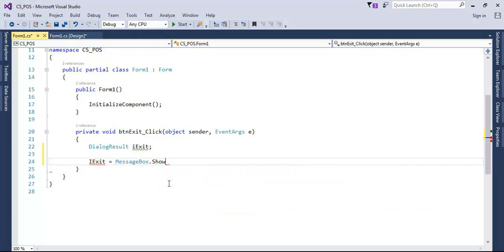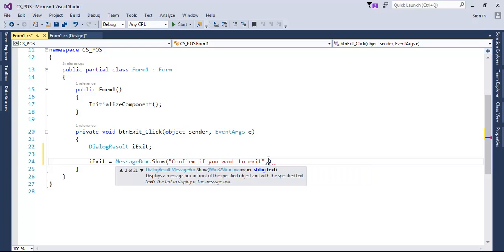Okay, and whatever I want it to show, I'm going to have to enter that in there. Now enter that right in a bracket. Confirm if you want to exit. So that's my message for my end user. Then right there enter a comma, and I will then enter